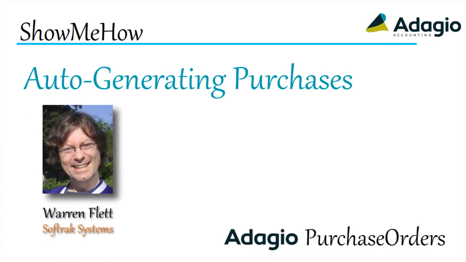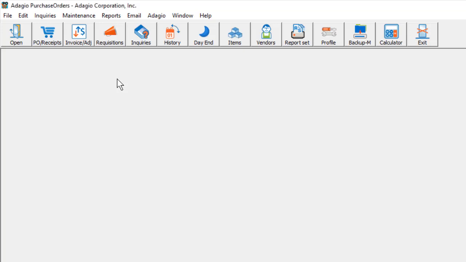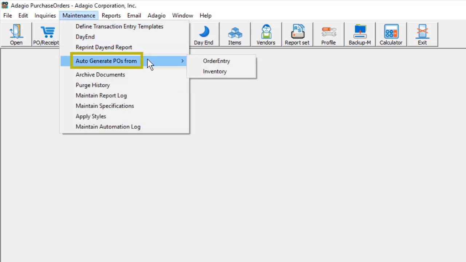When purchasing volume is higher, it is more efficient to generate purchase orders for required stock, rather than entering them manually. To create a group of purchases, from the Maintenance menu, select Auto Generate Purchase Orders, and then choose whether to